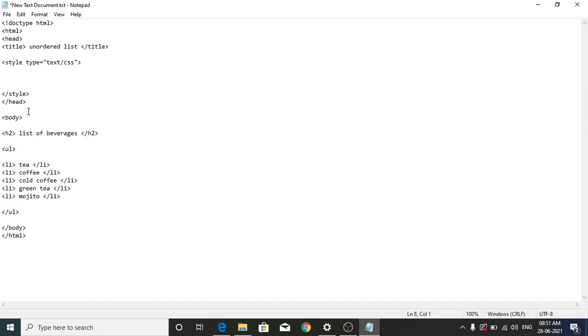I'll write UL, start the curly bracket, then list hyphen style hyphen type. List style type. Then the colon, and I'll give the style name. I give it as square.